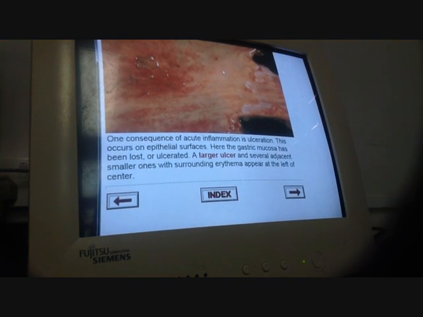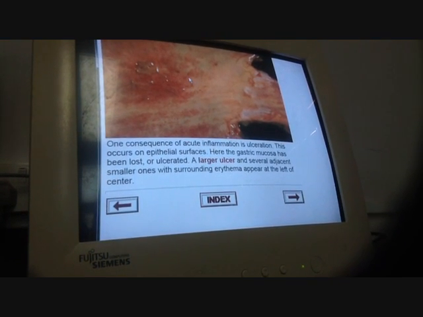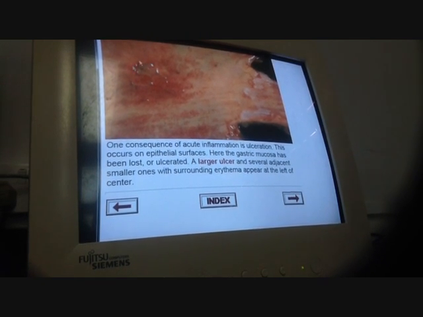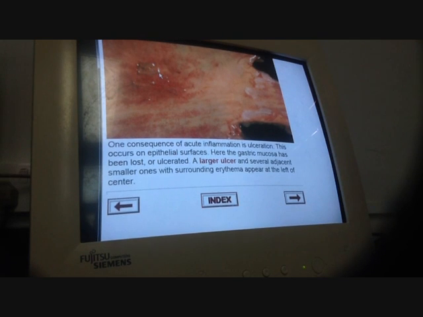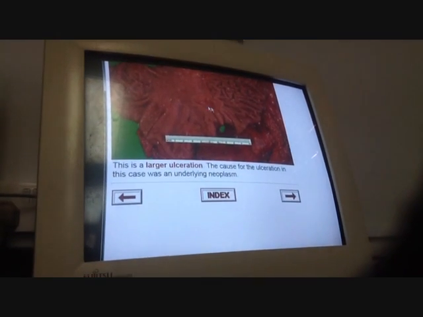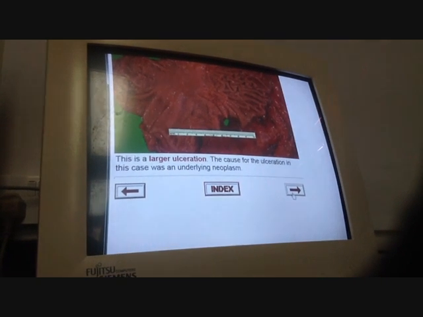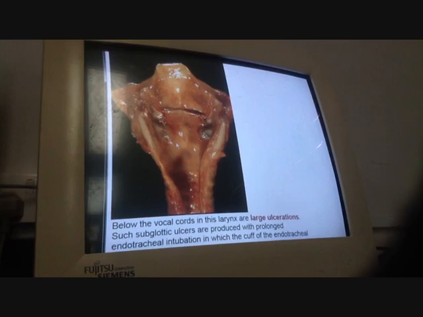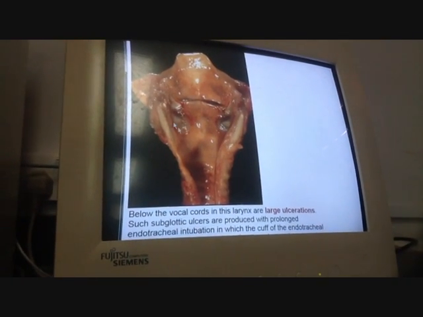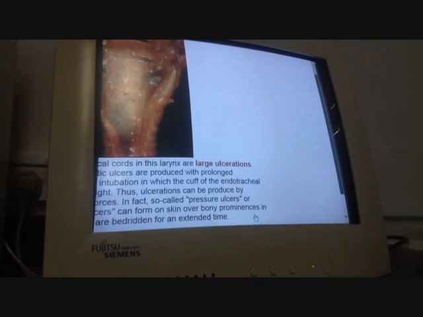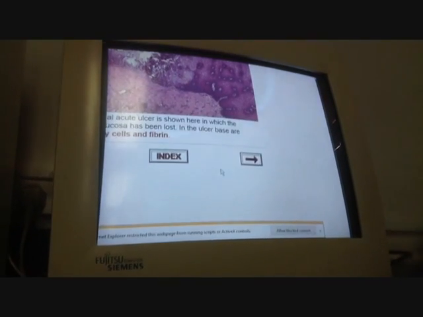Also, acute inflammation can be complicated by the formation of an ulcer. This is the epithelium lining, and you can identify this discontinuation here, which indicates the presence of an ulcer. This is another example of ulcer formation. Here in the larynx, you can see this normal lining epithelium, but here we have discontinuation of this normal lining, forming an ulceration. So what you will see under the microscope,